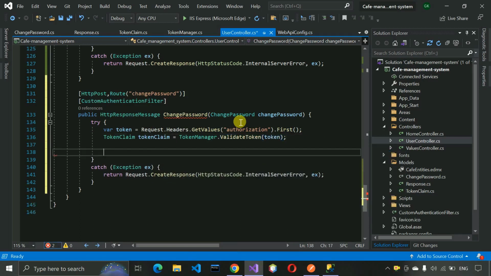Return, and here we write user obj, an object, and db.Users